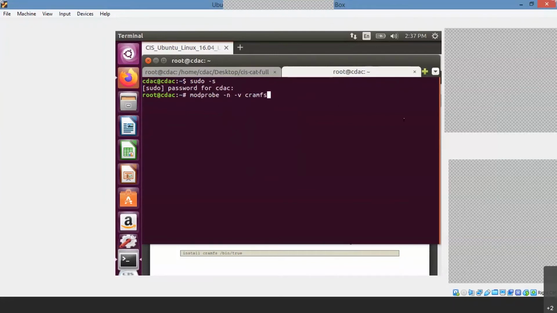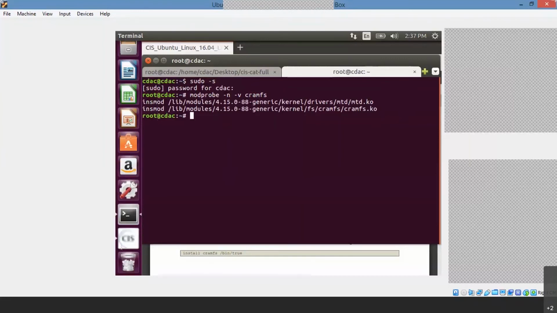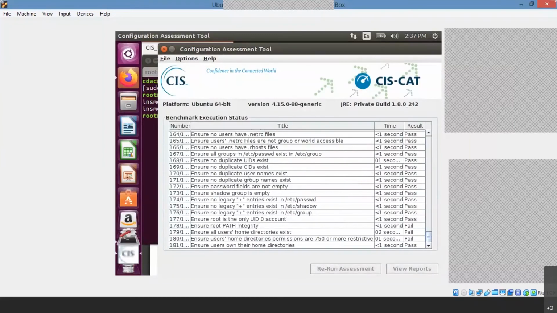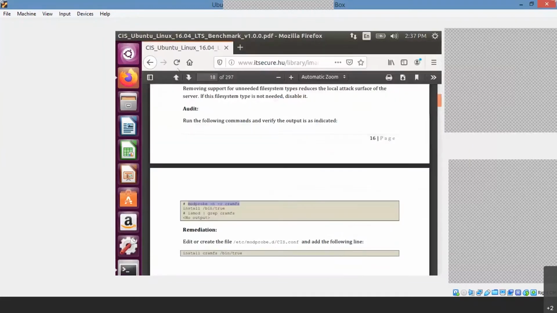Are you able to see my screen, right? I opened one Linux virtual machine where I'm showing some practical commands. Are you able to see it? Yes, okay, great. Just hit enter. So it has given these two modules actually. But as per your documentation, just go to your documentation.